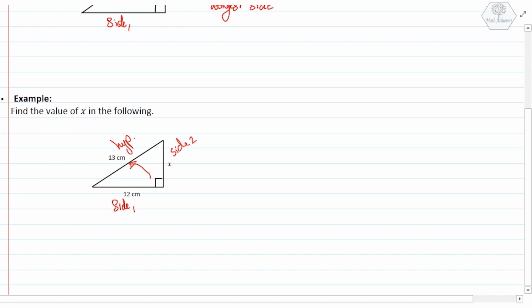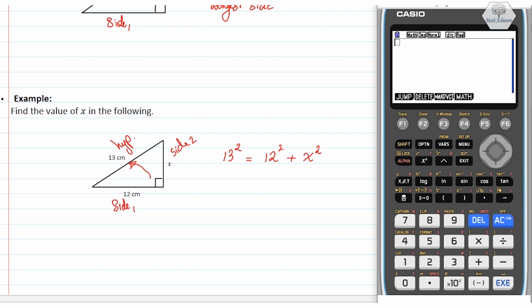So I start by applying Pythagoras. We know that the hypotenuse squared, so 13 squared, is equal to 12 squared plus x squared. So now, in order to find the value of x, in this case, I can simply use the solver in my graphical display calculator. We can go to the menu,